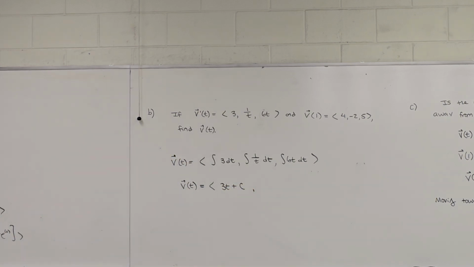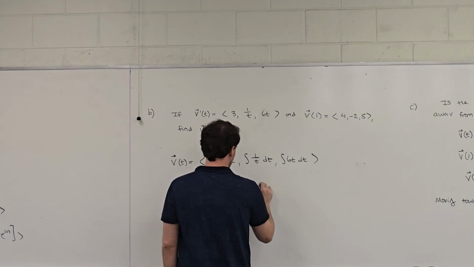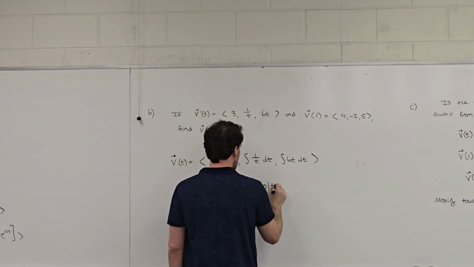The antiderivative of 3 is 3t plus c. Antiderivative of 1 over t is ln absolute value t